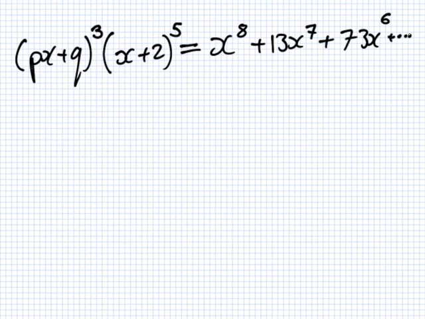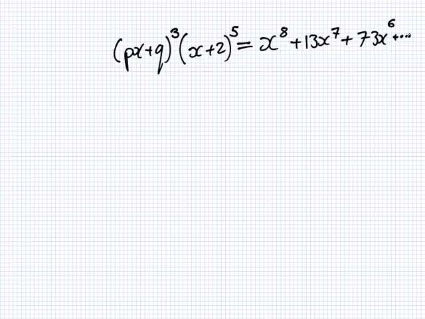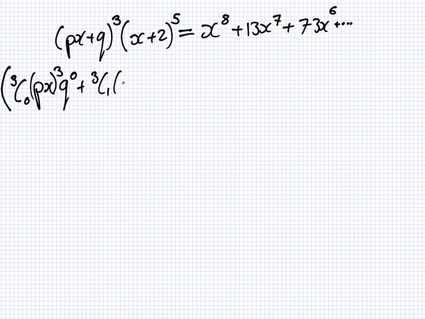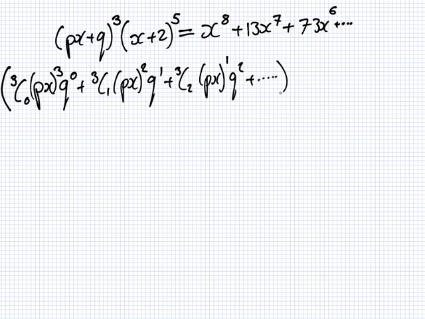Okay, so we'll have to expand here on the left and the right. So let's do that. So this one here will be 3c0 (px) cubed q0 plus 3c1 (px) squared q1 plus 3c2 (px) q squared, multiplied by, actually I could fit it in, I think,